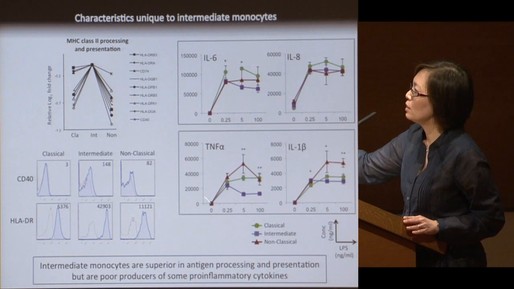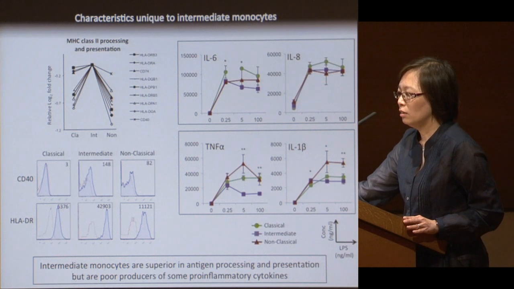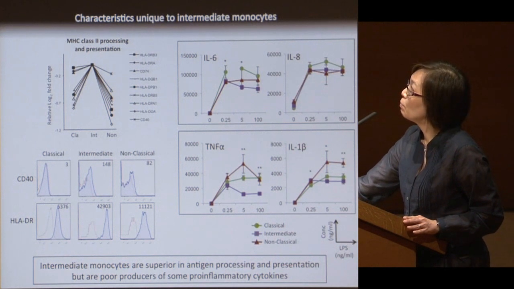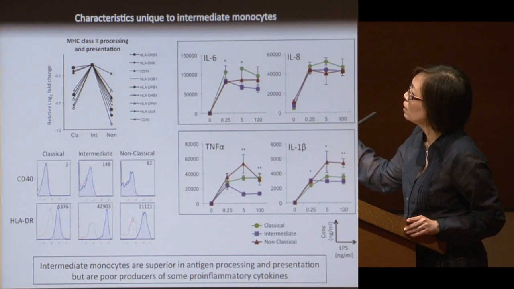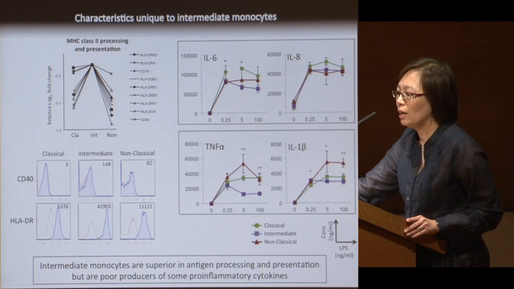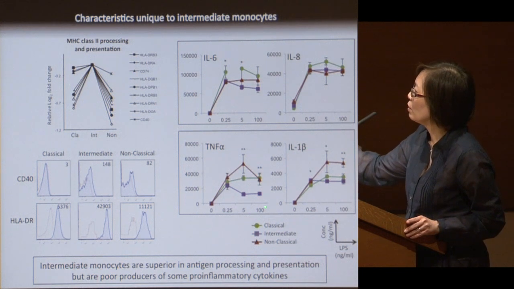As shown from the FACS plots here, the highest expression of CD40 and HLA-DR. And in their response to LPS, this population is able to secrete as efficiently as the classical and non-classical in terms of the production of IL-6 and IL-8,